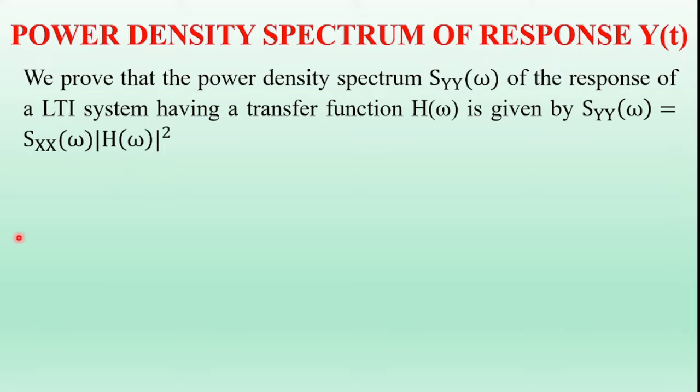Here, SYY of omega is the power density spectrum, or power spectral density, of the random process y of t, that is, the output of the system. Sxx of omega is the power density spectrum, or power spectral density, of the input signal x of t. H of omega is the frequency response of the system. So now, coming to the proof,